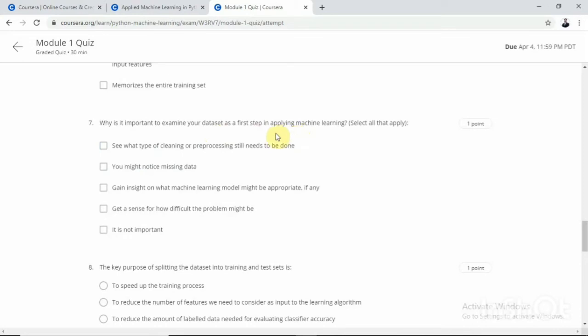You might notice missing data, the second one is also correct. And gain insight of what machine learning model might be appropriate, that one is also correct. And get a sense for how difficult the problem might be, the fourth one is also correct. So basically the first, second, third and fourth are all correct.